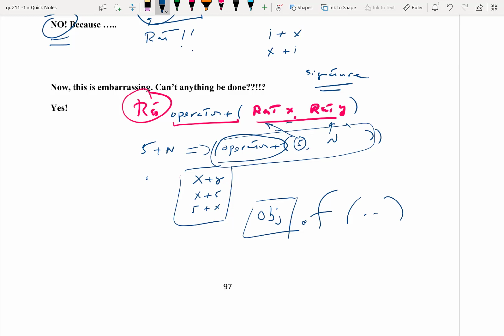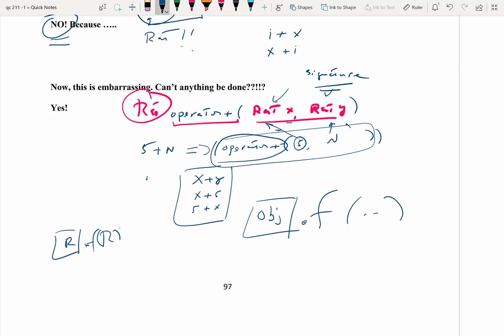When I say 5 plus n, when I write the definition of the function, and I say it takes 2 rats, well, that's not what's going on here. The operator plus would have to take a rat, and a dot, and another rat, right? By some function call. But that's not the syntax that I'm using here. So this is clearly not a member function. It's a function that's defined outside, and that's perfectly okay. The only not-okayness about it